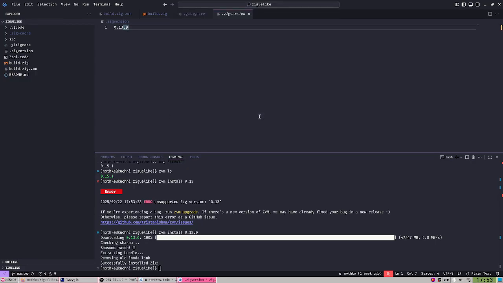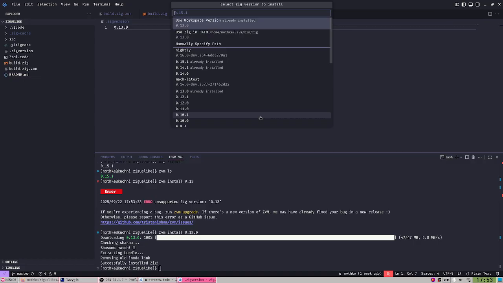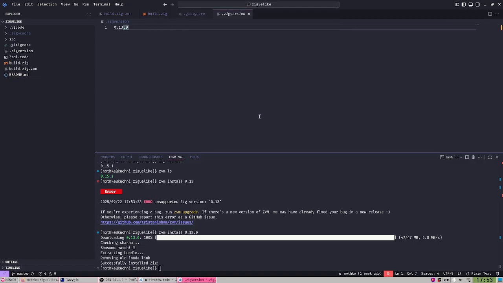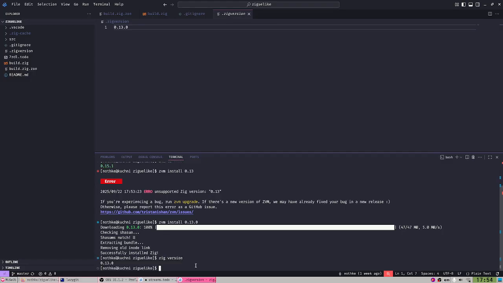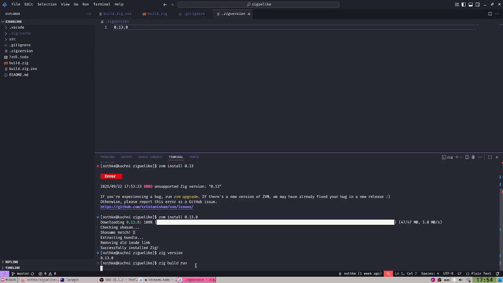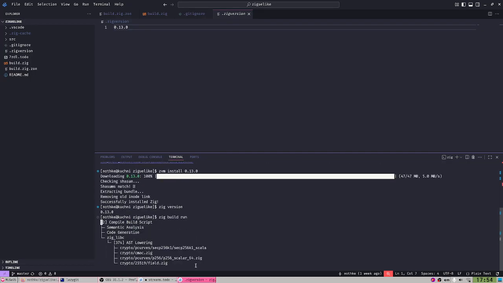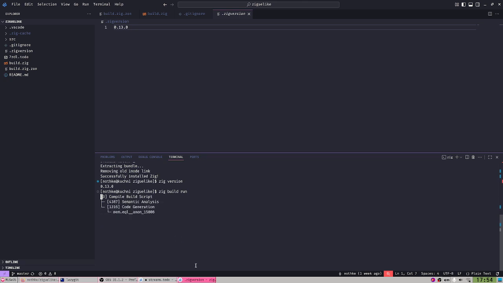Is it maybe because it's not in the already installed? Okay, well, let's see now. So it should be using 0.13, right? So Zig version 0.13, there it is. Okay, Zig build run, let's do it. Building, and we are going to see at some point LLVM mentioned somewhere. There it is, LLVM emit object. I don't see this anymore in 0.15 because it doesn't use LLVM for debug builds, which is pretty cool.